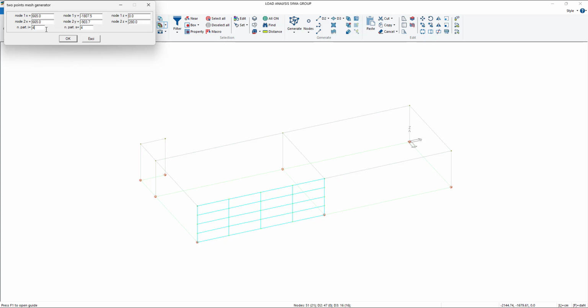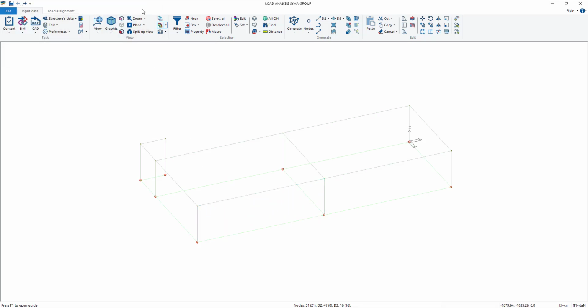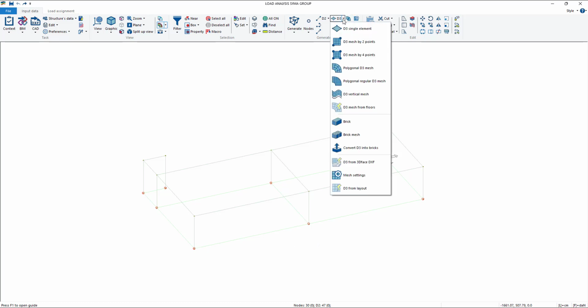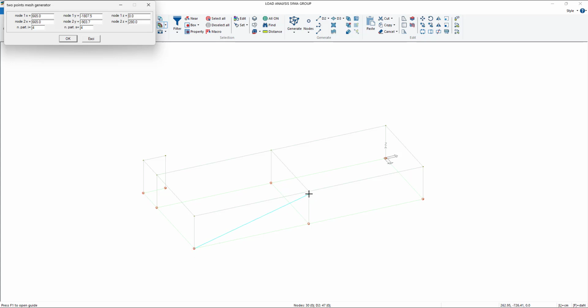I should have modified these parameters, the number of parts in length and in height. Actually, the default setting is 4:4. I think it's fine. Maybe it would be more appropriate to have a better discretization on X, in this case, on the length. So I go on this command, click here and here. Number parts E, let's say 6, and go OK. Now it's quite a better mesh.